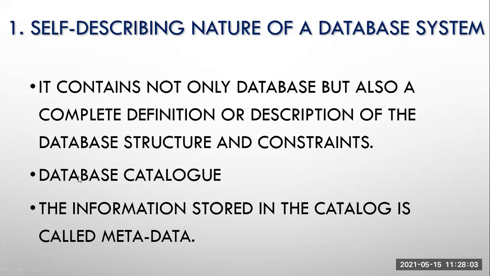Then whatever data we are supposed to create, Sai Prakash 1, 95, 96, 97, 98, roll number, name, this entire database will get stored in the database catalog. You can call it a dictionary also, the database dictionary. Don't get confused between the database catalog and the database dictionary here. Both things are the same. Whatever data you have created or inserted will get stored in the database catalog, and from that catalog you are supposed to access the data.